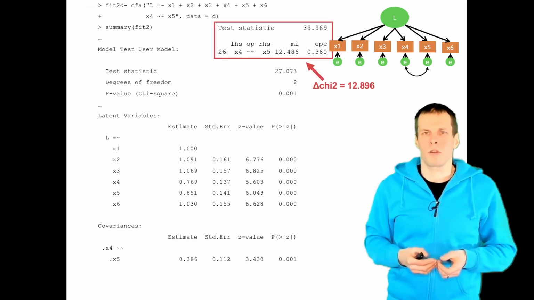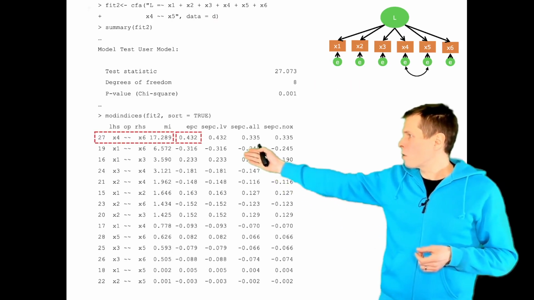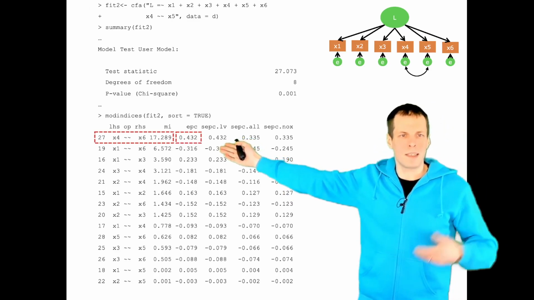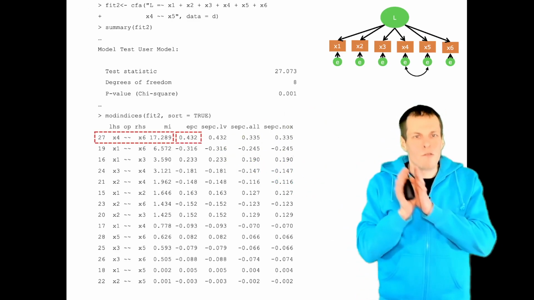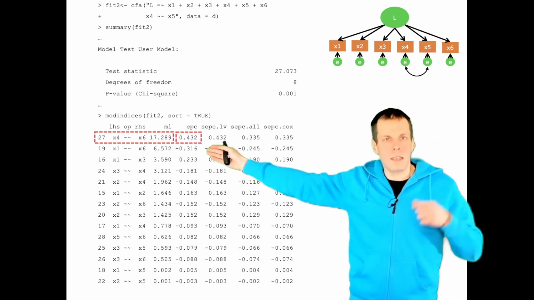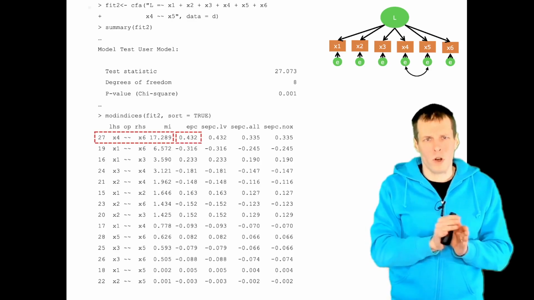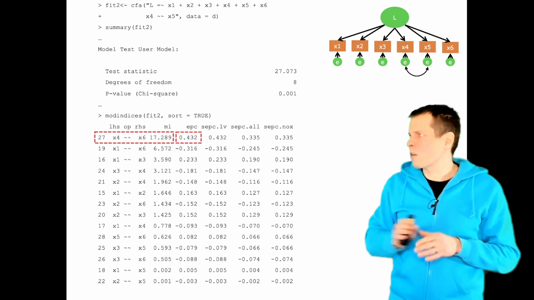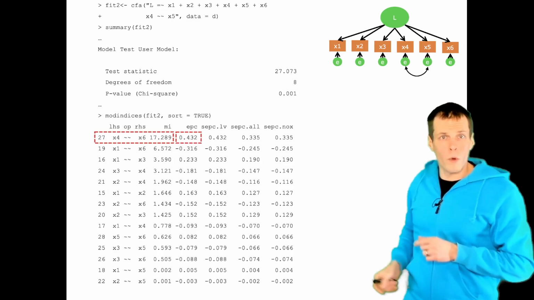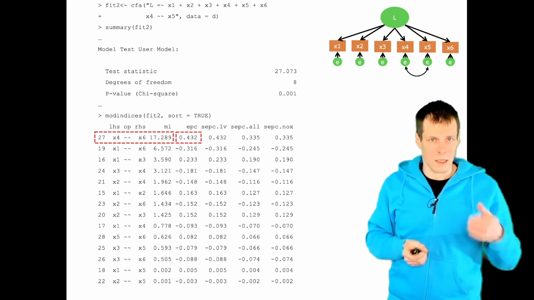We can proceed because our model is still significant. We can see that the highest modification index is now x4, x6. The chi-square is expected to go down by 17, it's 27, so that's quite a dramatic decrease. And importantly, this modification index is different than what the x4, x6 error covariance was before. The reason is that it's now evaluated using this model instead of the model where x4 and x5 errors were constrained to be uncorrelated, from which the previous set of modification indices was calculated.